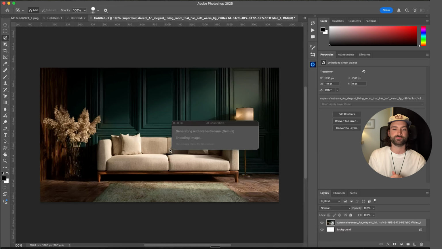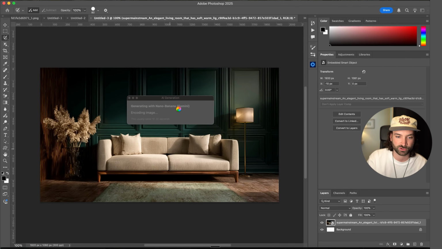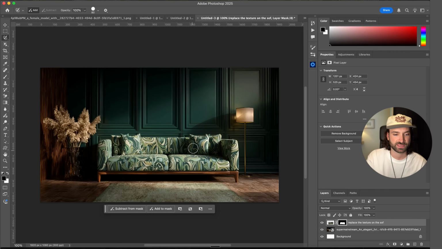So I can hit generate. Now you'll see that we get this new little window that pops up here. It says generating with Nano Banana. Encoding image usually takes 10 to 30 seconds. It's actually usually much quicker. So you can see here, it's now adjusted this fabric in our image. Now this isn't the exact fabric that we actually uploaded, so maybe I need to go in and adjust my